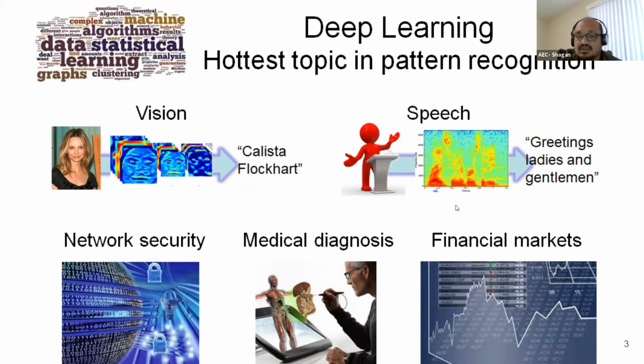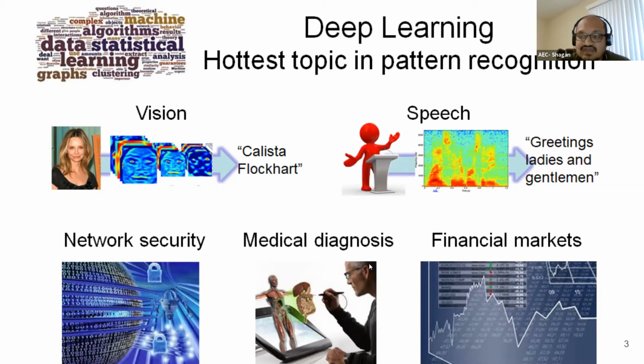Other applications are speech analysis: can we convert speech into text? This is a typical example of what we just saw in Google Duplex. These are simple building blocks, the main use cases. There are other applications like network security. We have so much data and so many transactions over the internet, so there are a lot of AI applications where we want to secure the transactions. Even in medical diagnosis,